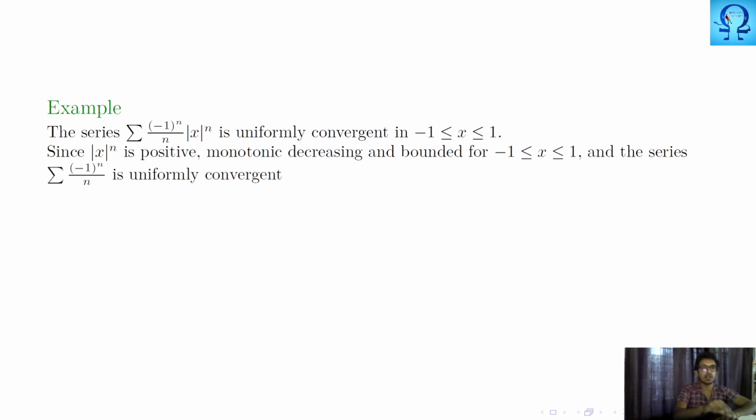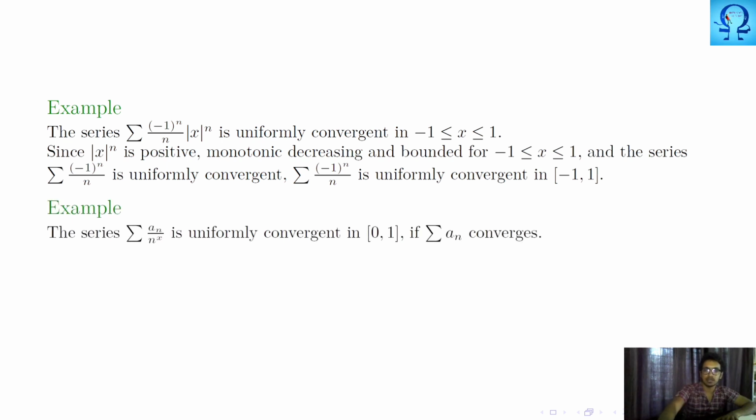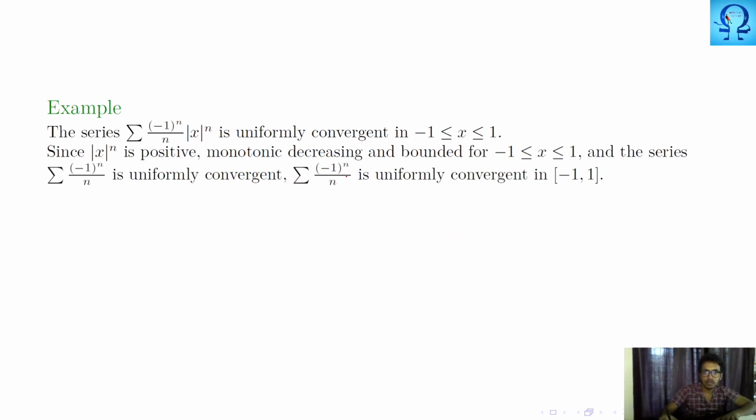It does not involve x, therefore it has to converge uniformly as well. So now using Abel's test, we can just conclude that summation minus 1 to the power n, absolute of x to the power n,